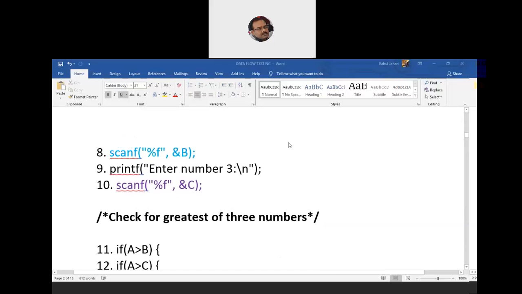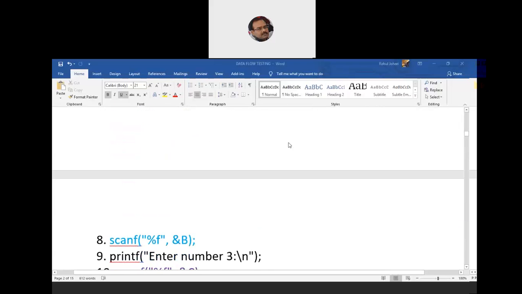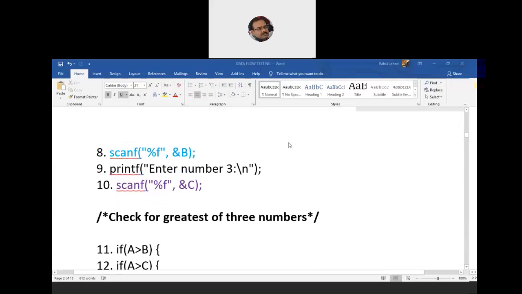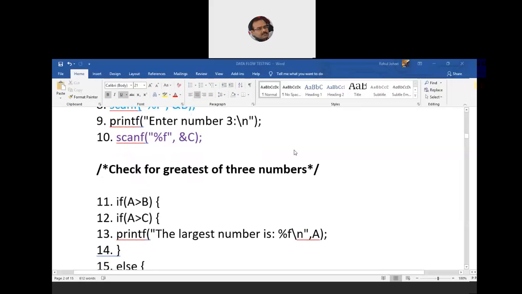In lines 1 to 10, everything is very sequential in nature. The program graph gives us a choice: I can merge all of them and represent them using a single node, or I can write each and every node for representing each and every line of code. Then we check for the greatest of the three numbers. If A is greater than B, and if A is greater than C, then we print the largest of